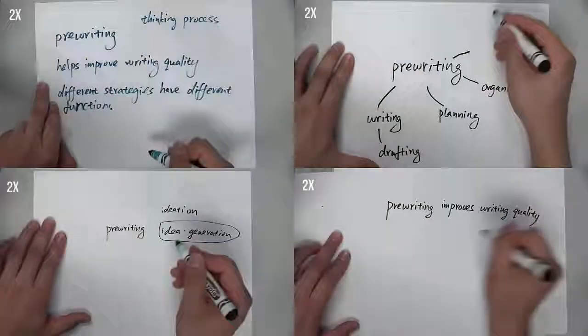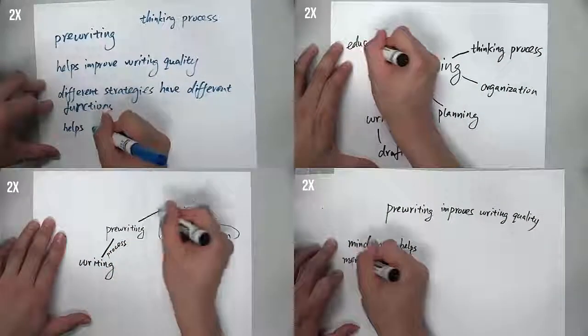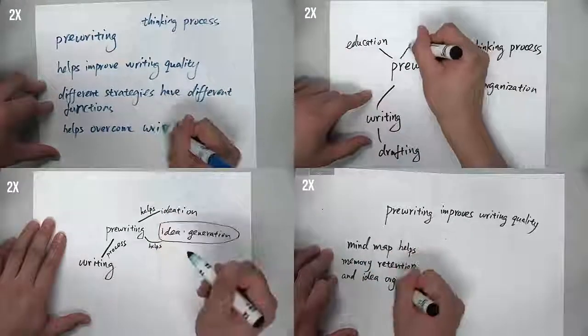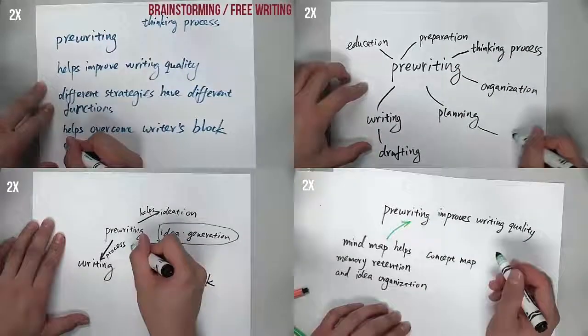Prewriting. Prewriting has been a popular approach to improve writing skills for more than 2 decades. Generally speaking, it enables one to plan and organize their ideas before they compose a first draft of their manuscript. It can take many forms, including brainstorming and free writing, that is, writing down all the ideas that come to